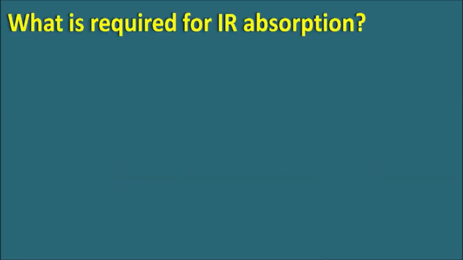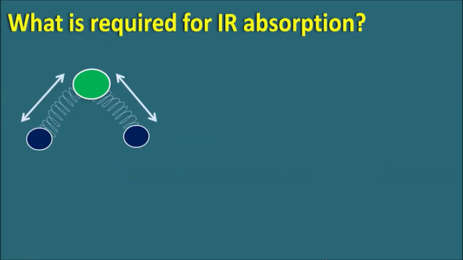Then what is required for IR absorption? Let us take one molecule like this. Here it has a central atom which is attached with two similar atoms, and because of the difference in their electronegativities, partial charges are developed. You can observe a partial negative charge developed on the central atom and partial positive charges on the other two atoms. In this way, the molecule can develop a dipole, and the dipole moment mu is given as Q